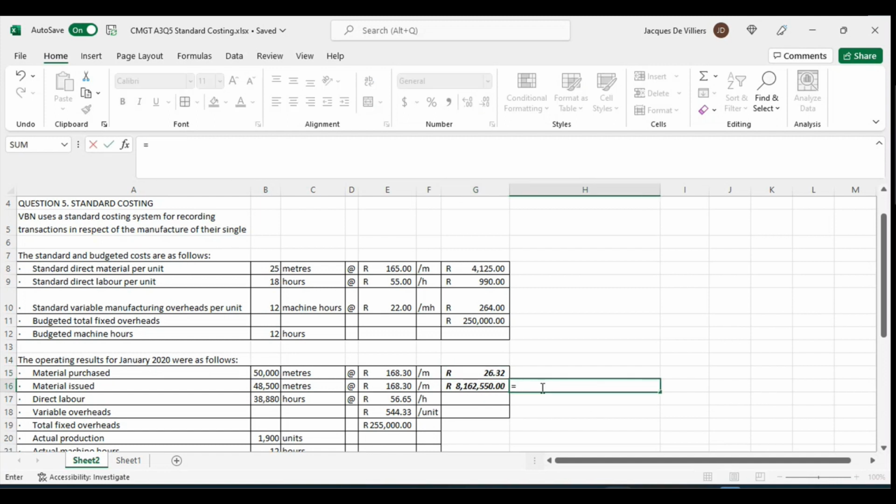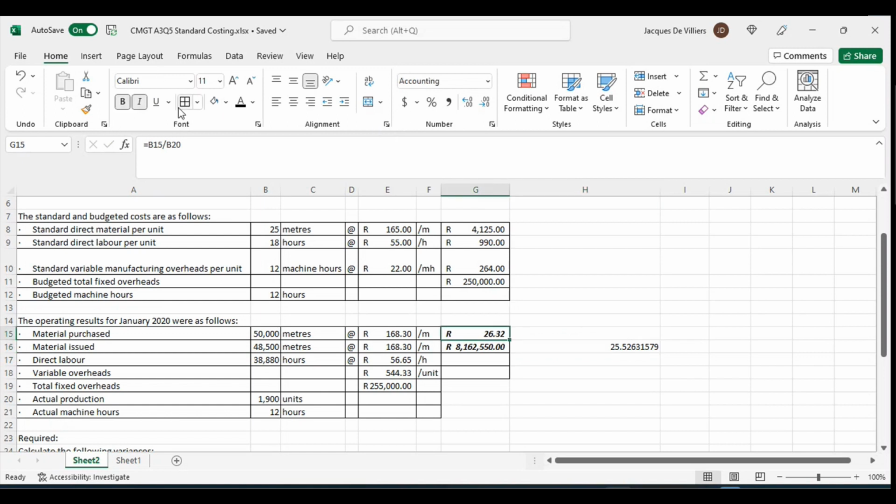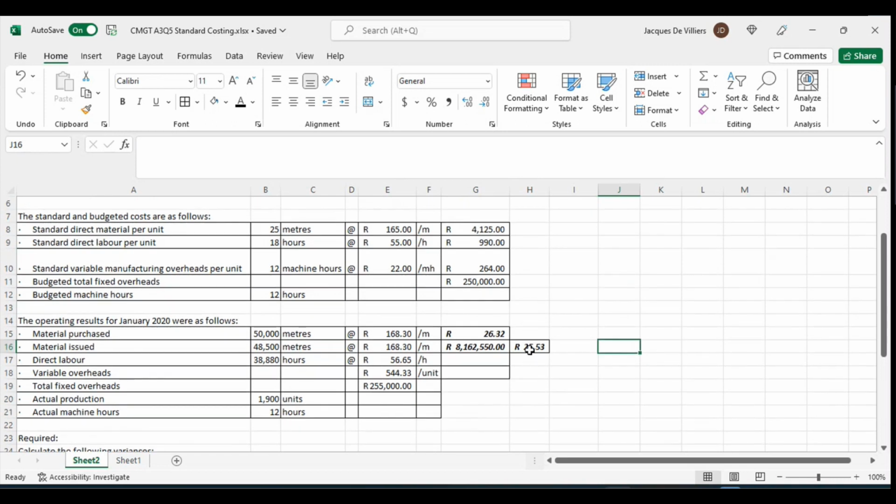Yeah, this is actually a better measure than that 26. If we look at our total production, then we take our material used and divide that by the 1,900. At least it's not as bad as 26, because the 26 is not true. What we are actually spending the money on here... Okay, so really, the material that we are using is costing us 25 Rand 53 per meter, or per unit,